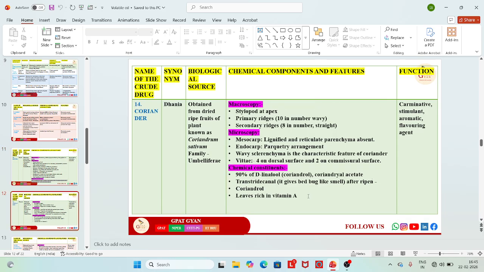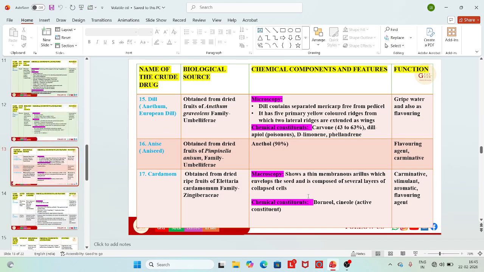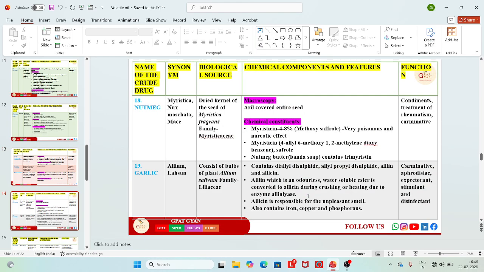The fennel, coriander are very important from the microscopic point of view, and the clove also. Clove, fennel, coriander, these are very important for their microscopy, and I hope you can remember it well. Dill, European dill, Indian dill, that was the thing. A component of gripe water, the flavoring constituent, is dill. Cardamom also has microscopy. Cardamom contains one very important thing that I told multiple times, that is the terpinyl acetate. And nutmeg contains the aril, mace.